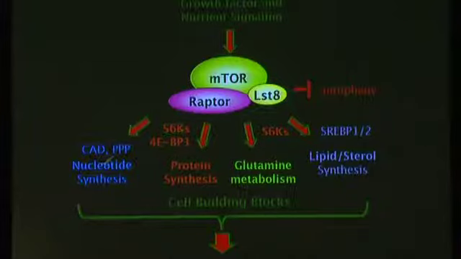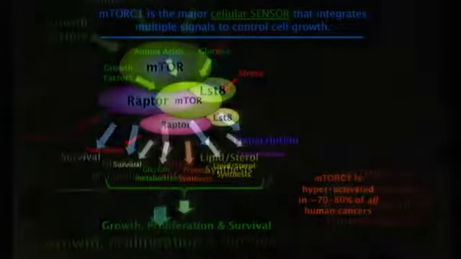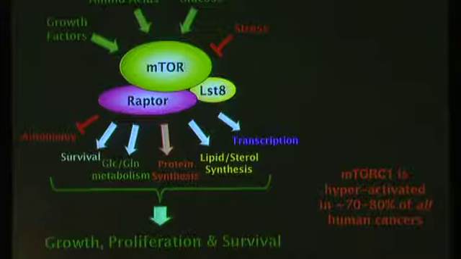TORC1 is activated. It regulates a variety of downstream signaling processes, summarized here, that are involved in various aspects of metabolism and regulation of autophagy. And I'm going to really focus on these areas of downstream signaling. So TORC1 regulates all these biological processes, regulated by all these upstream inputs, activated in a large number of cancers. And so having a drug for mTORC1, you would think, would be a very therapeutically beneficial drug.